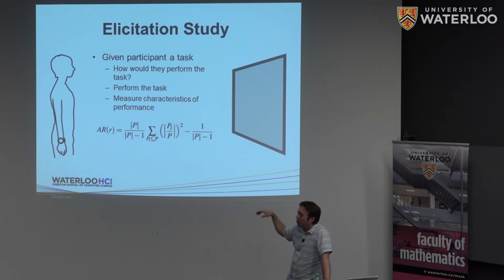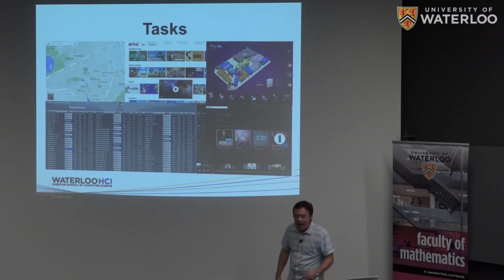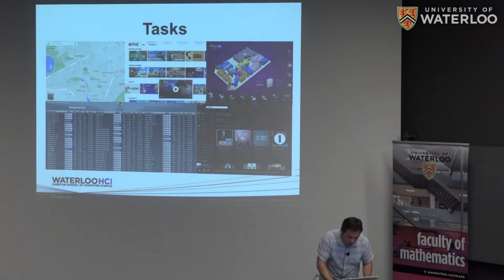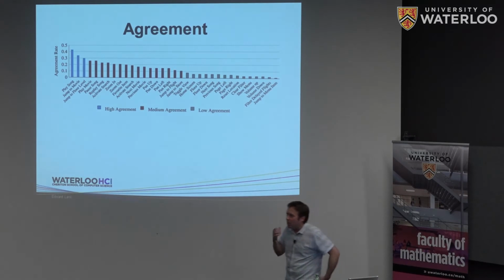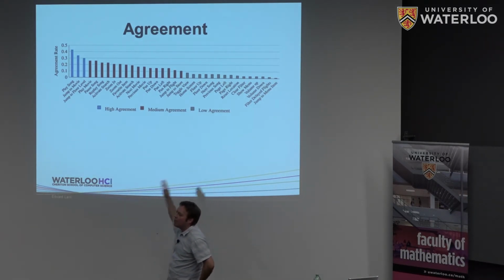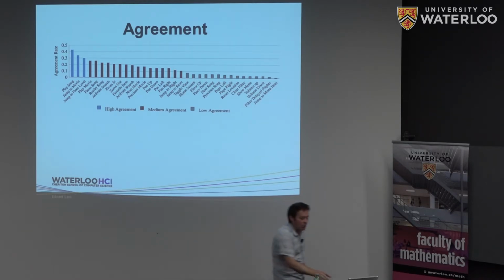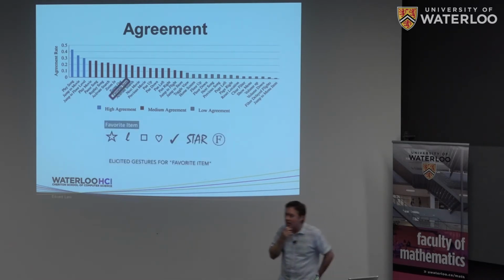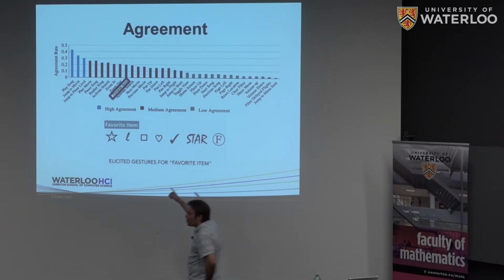And so there's a lot of boilerplate up there in terms of standard techniques for calculating agreement score and everything else. The output from this is actually, I'll just skip over that. That's tasks. It's kind of boilerplate. The output from an elicitation study is basically a concept of how users agree in terms of interaction spaces. But more generally, just to break it apart and talk to you about what we're trying to get out of these things, here's just something pulled out of this.